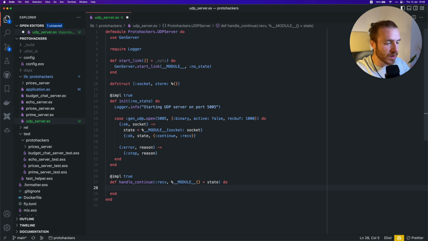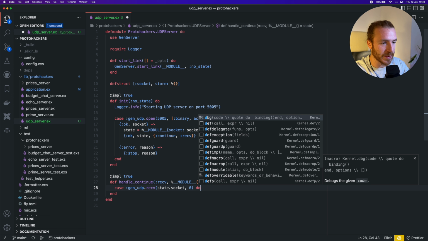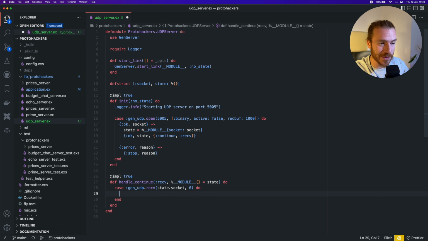So what we're going to do is call gen_udp.receive, and this takes a socket. It takes an amount of data. So 0 means all available data, like in TCP, and it takes a timeout. I'm not going to go with a timeout here because anyways, we're going to sit here and just wait for data, and the server is going to be blocked. So let's just pretend the default is infinity. So let's just go with infinite timeout. It's going to be stuck forever until the application is running, until it receives some data or an error.